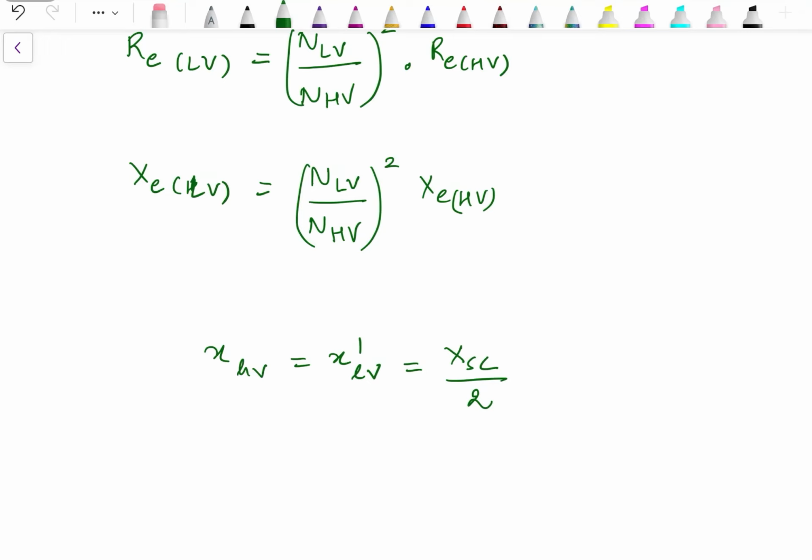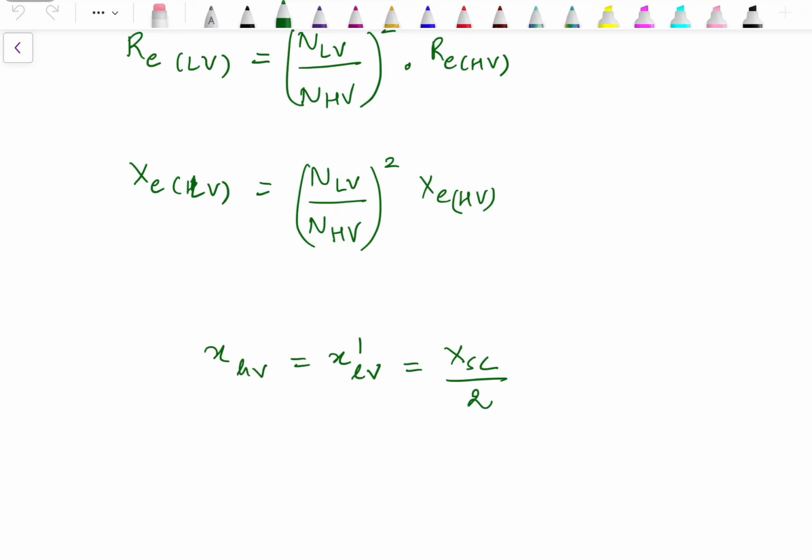So what we can summarize over here, that from the open circuit test we can calculate the shunt branch parameters, while from the short circuit test we can calculate the series branch parameters. Also we can calculate the core losses from open circuit test and copper losses from the short circuit test. In the next video, I will start solving the numerical problems based on transformers